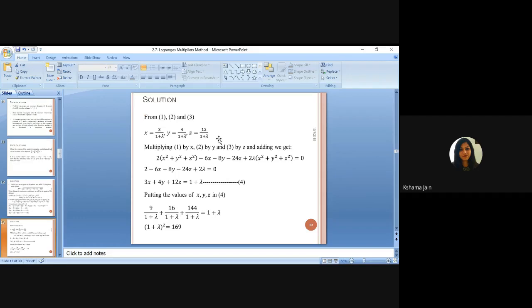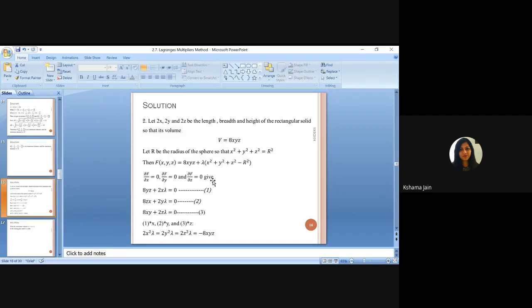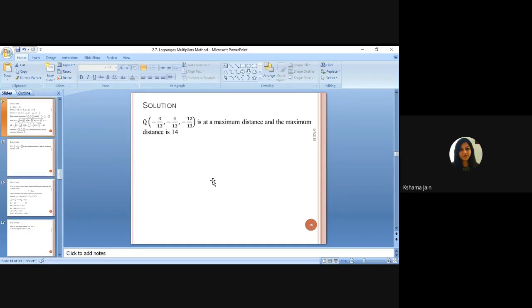When you put them into the given condition, x, y, z will be eliminated, only lambda will be there. So you can find out the values of lambda. Here also they got the value of lambda. And after finding the values of lambda, we got the values of x, y, and z. Okay, if x, y, z are found, we can find the maximum or minimum distance easily. Distance is that, in the beginning only, we did square root of x minus the x points we have got. So this is the Lagrange's method. Very easy method. It looks difficult, but actually it's a very easy method.